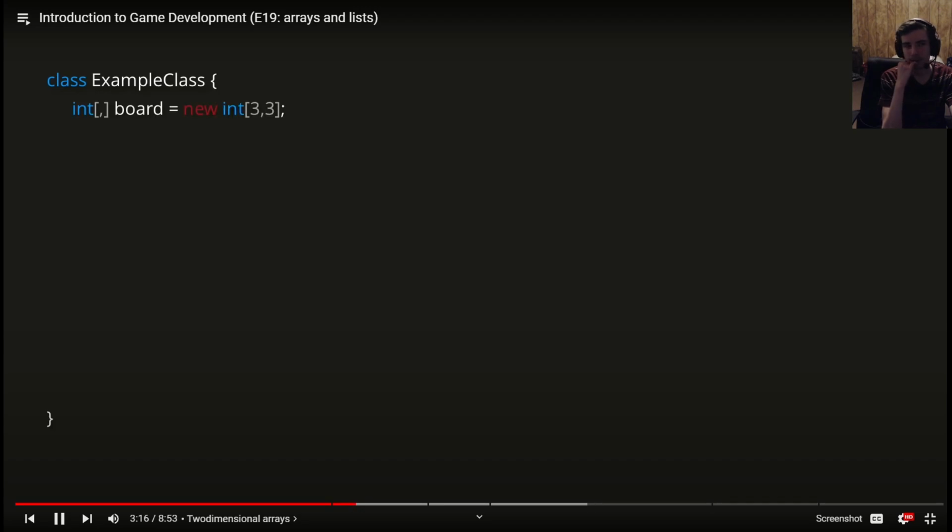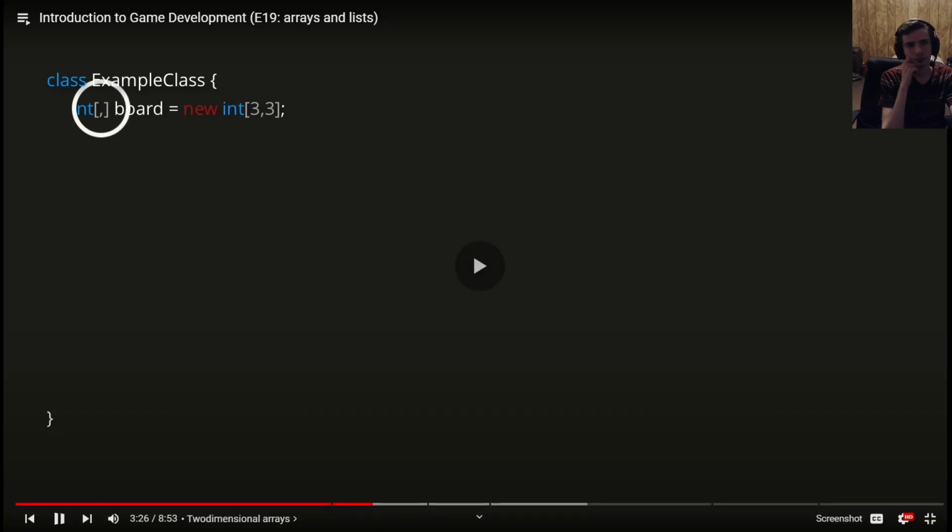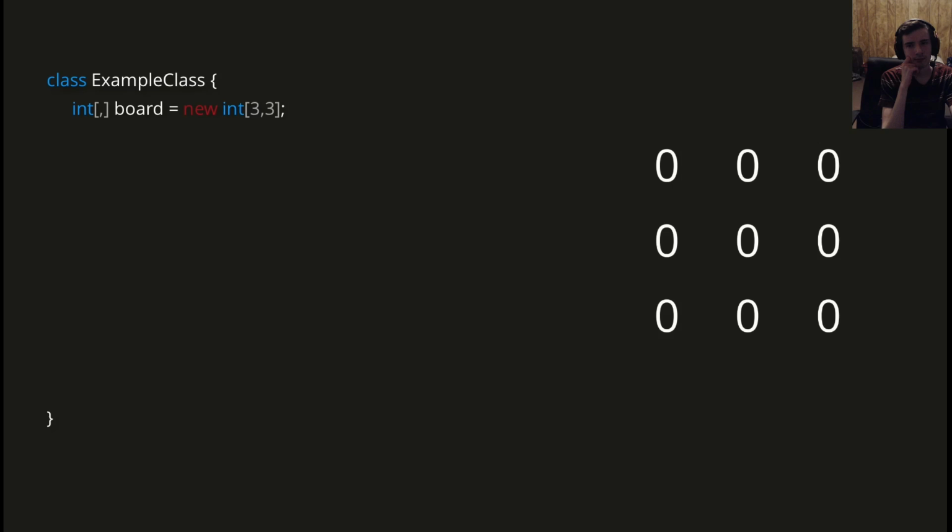The size of each dimension is separated by a comma, so here I've created a 3x3 board. A single comma is also placed between the square brackets at the declaration, indicating that there is space for two dimensions. We can now visualize this array as looking like so, with all elements currently initialized to their